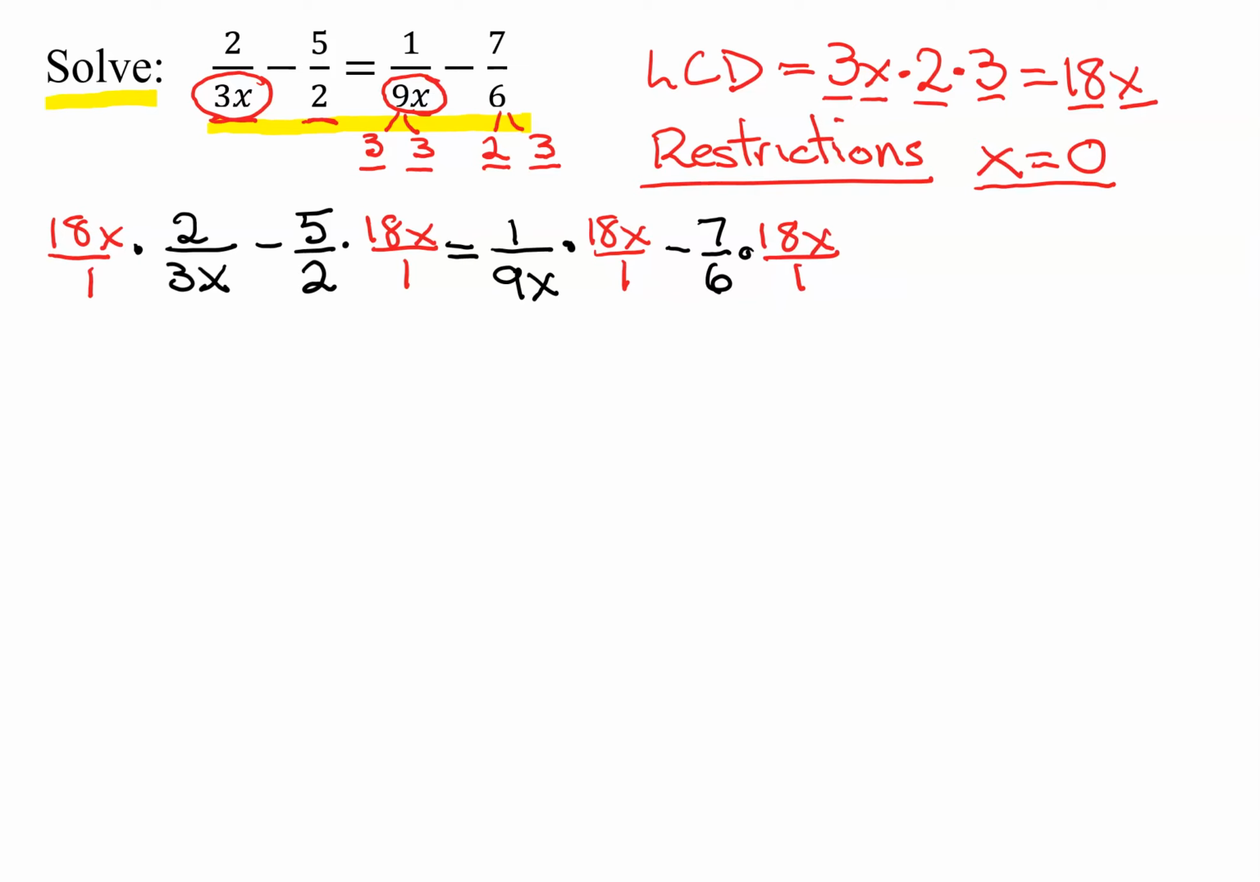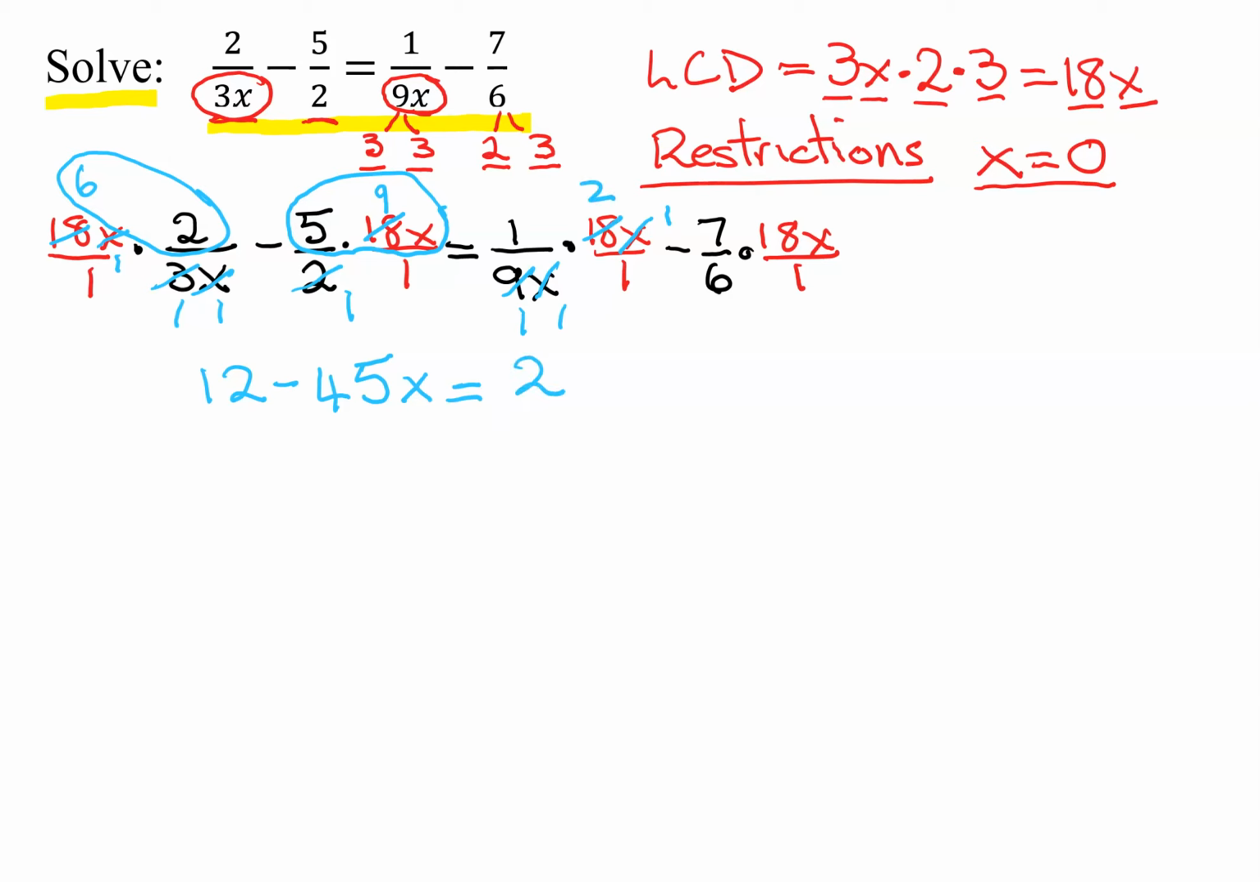So I'm now ready to reduce. So 3 goes into 3 once, 3 goes into 18 6 times, and my x's reduce away. So what do I get left with? I get 6 times 2 is 12, over 1 times 1 is 1. I don't need to write that denominator. Minus 2 goes into 18 9 times, so what do I get left here? 5 times 9 is 45x. Equals, the x's reduce on the third term, and 9 goes into 18 2 times, so I get 2 times 1 is 2. And last term, 6 goes into 18 3 times, so I get left with 7 times 3x,